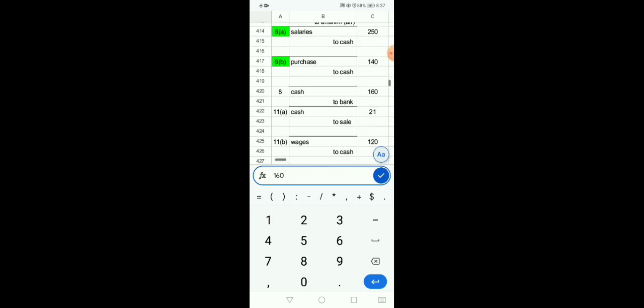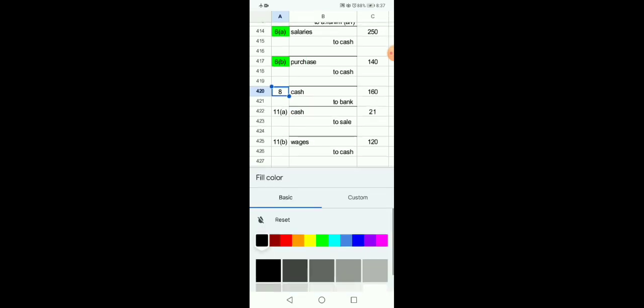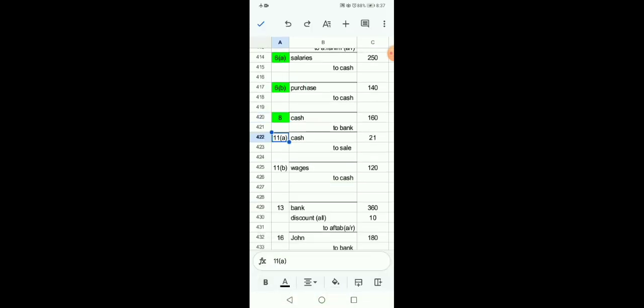Both entries have been posted. It means entry number 8 is completed. Mark it as it has been done. Now entry number 11A,